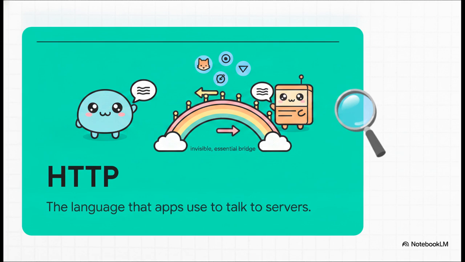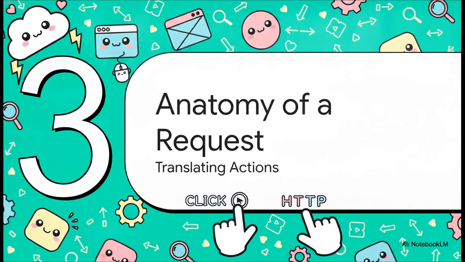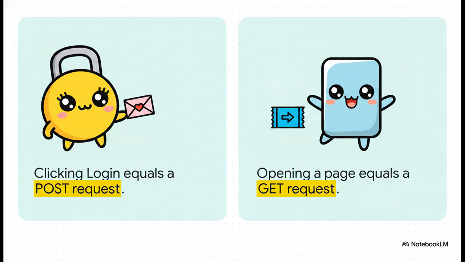Whether your phone is running iOS and the server is running Linux, HTTP ensures they are speaking the exact same grammatical dialect. Which brings us to section 3, anatomy of a request, translating actions. Every single click you make translates into a very specific request. When you click Log in and submit a password, you're making what's called a POST request. You're securely bundling your encrypted data into the body, or the payload, of the message to be processed by the